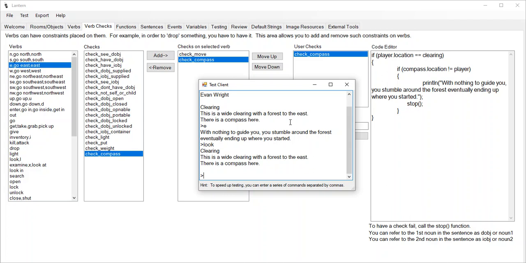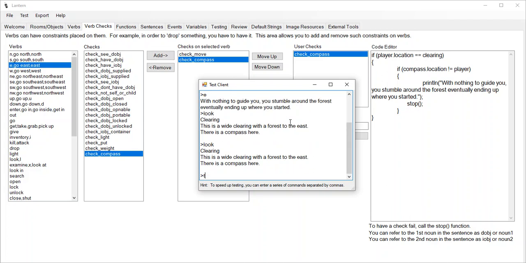All right, so now I type look, there's a compass here, take compass. Now what's going to happen? Well, okay, is the player in the clearing? Yeah, that's still true. Does the player not have the compass, or is the compass somewhere other than the player? Well, this is now false. This condition is false, so we won't execute this code. So now,